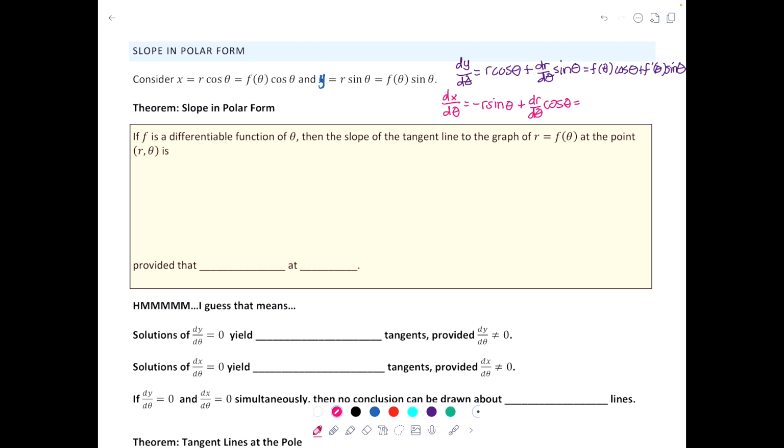In terms of f of theta, that would be negative f at theta times sine theta plus f prime at theta times cos theta. Cool, cool? And so kind of similarly to how we derived